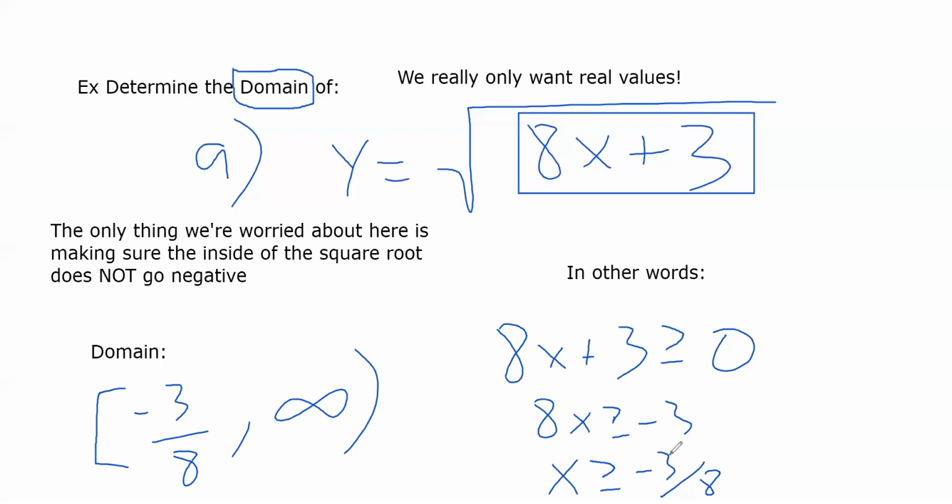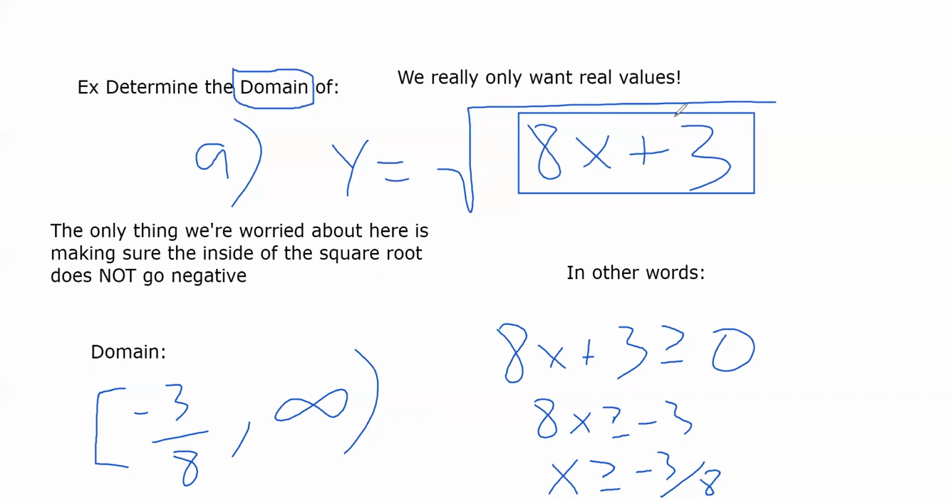Okay, so that's the domain. The range is a little bit harder to see. That's why we didn't exactly say, but I guess we can talk about the range real quick. The range is all possible y values. If you think about it, if you throw on your thinking cap,